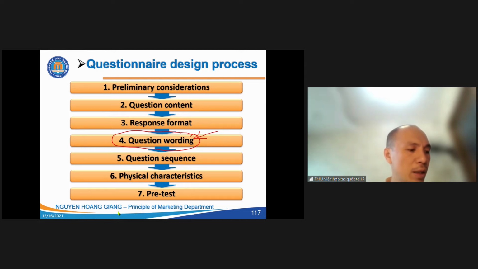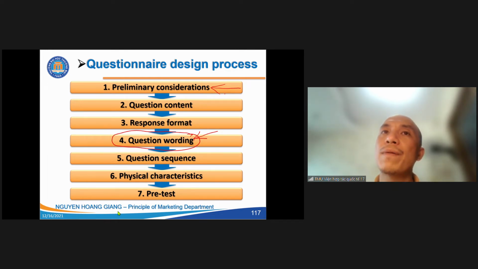After we have the questionnaires, firstly we have to think in general about what the questionnaire needs to deliver to the customer. Then we think about the questions, what kind of questions and how many questions, and how to arrange the questions, which one should be the first, the second. Normally they are based on the variable,